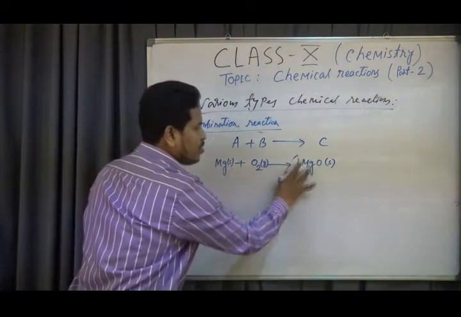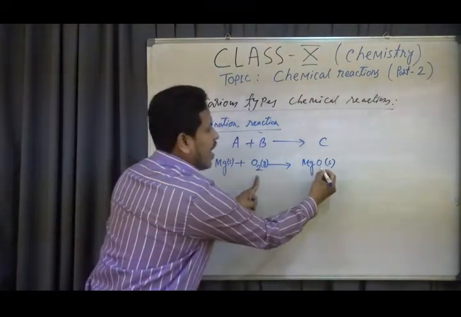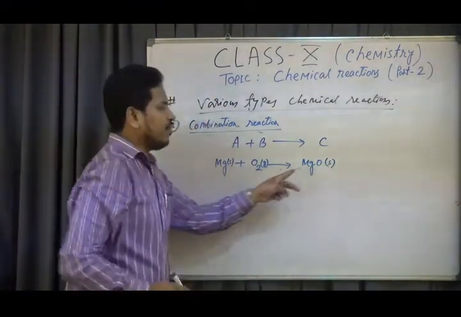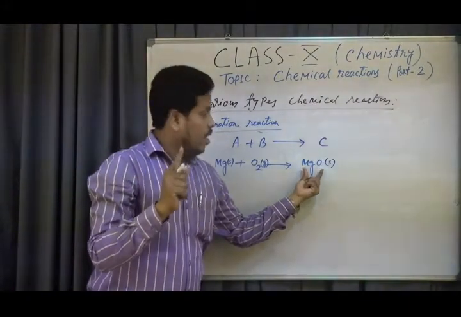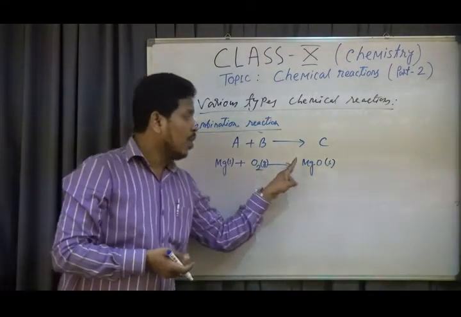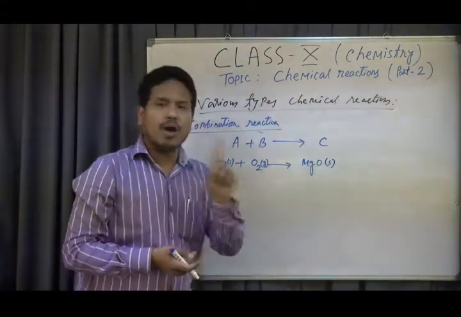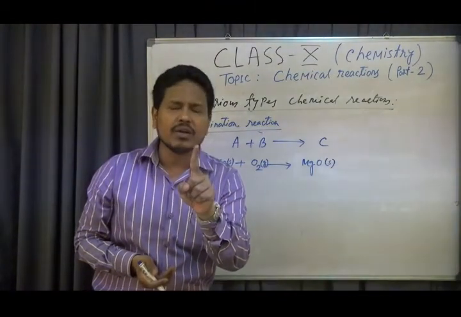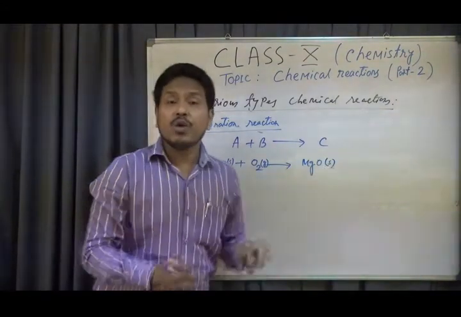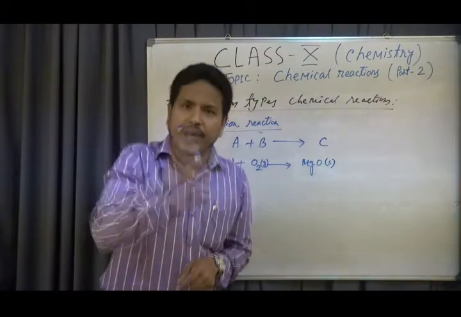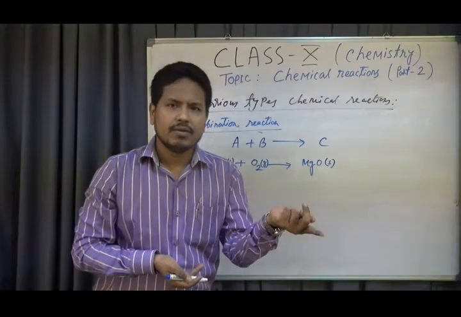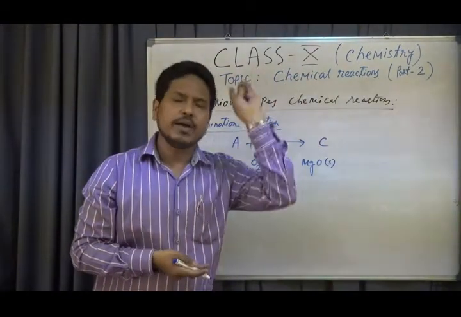Okay, my dear students, but sometimes students make the mistake of writing 2 oxygen atoms in the formula. No, never. You can't change the formula of magnesium oxide. Mind it. The formula of a substance is fixed. To balance the number of atoms, you can put a coefficient, but you can't change the formula of the molecule. Mind it. Maximum students are confused about it. The formula of each substance, reactants or products, denotes one molecule. This formula is fixed. You can't change the formula of any substance. You can put a coefficient, which means the number of molecules will be increased.